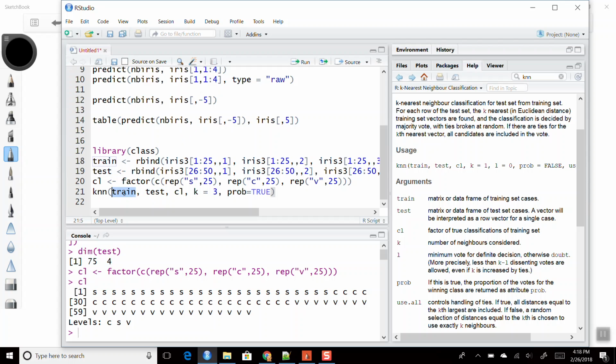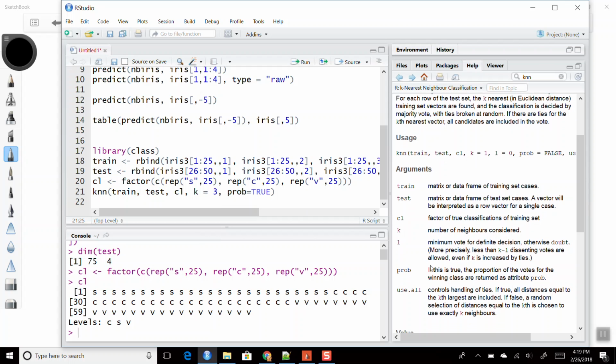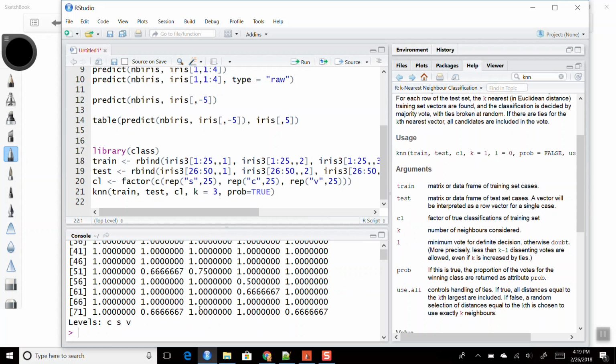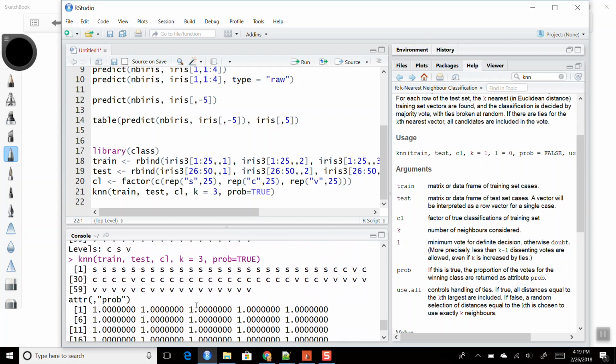So you have KNN, the training data with the classifications for the training data. Then you have your test cases. You say K is equal to 3, and then prob equals true will return the probability votes, okay? And so if I run this, then it returns back